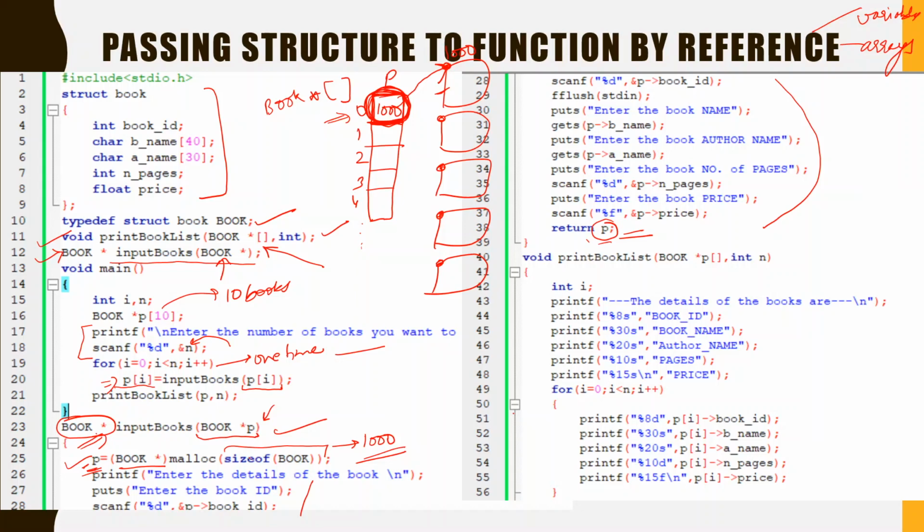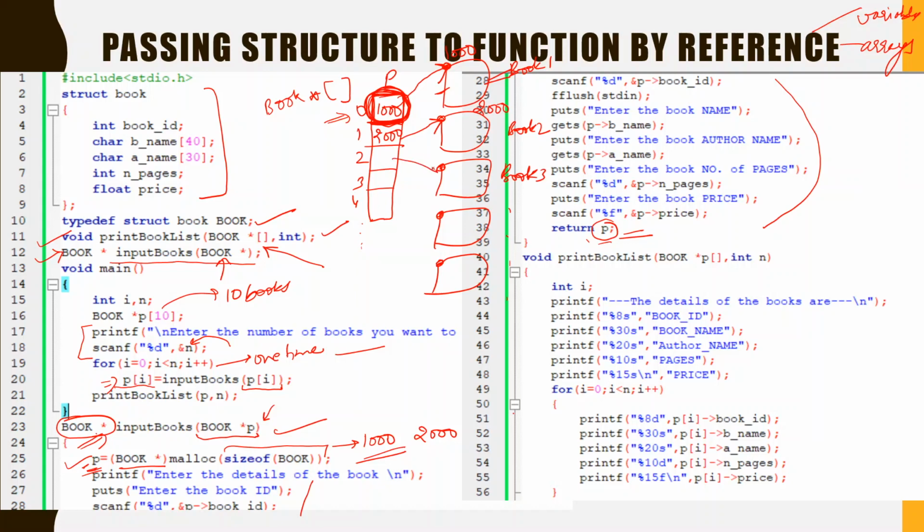Suppose when this program runs again, a memory of 2000 is allocated. So 2000 is going to be stored in this particular element, and this element of the array of pointers of type book is going to point to the data of this particular book. And what are these memory blocks? These memory blocks are book 1, this is book 2, this is book 3, and so on.